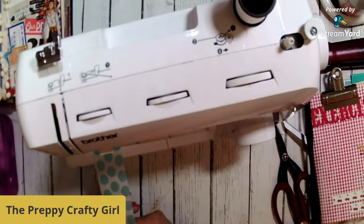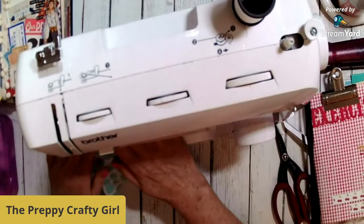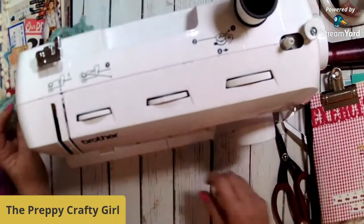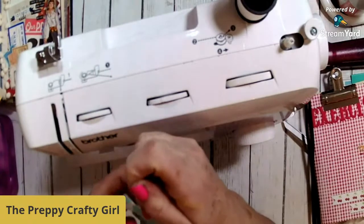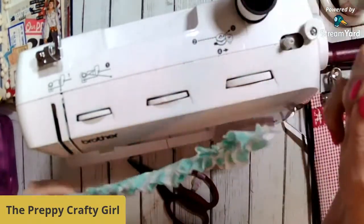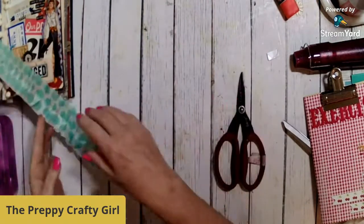And then start to, I can ruffle it as I'm going, which is what I'm doing right now. I'm just kind of squishing it all together. And then another option is you take one of the threads and you pull it and you ruffle it that way. So you get a nice, even ruffle. So that's just using Dollar Tree or Hobby Lobby crepe paper, but it makes a nice little accent